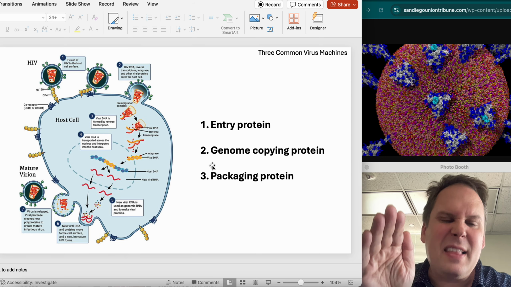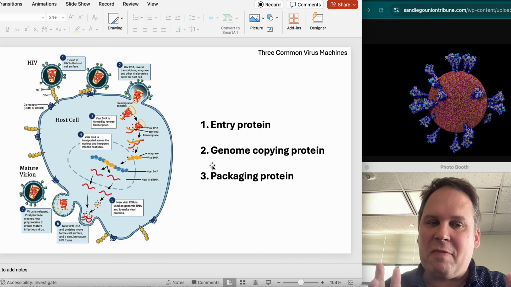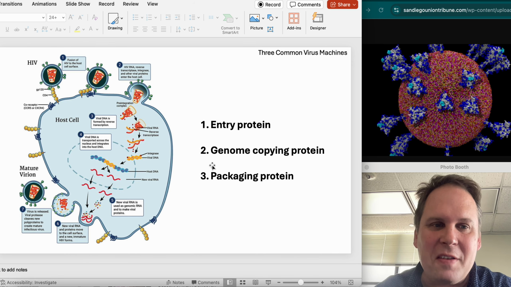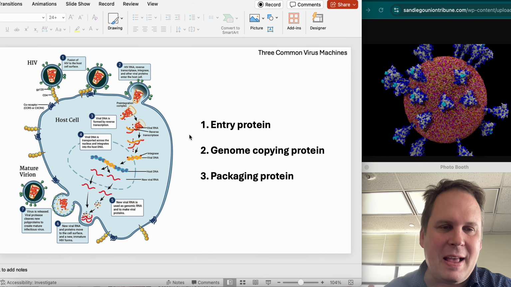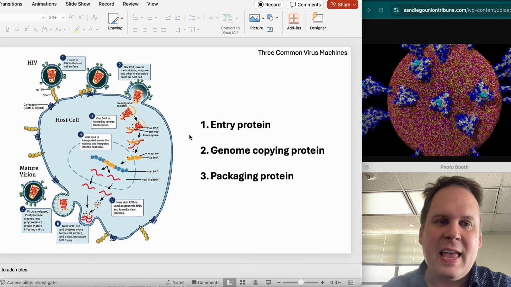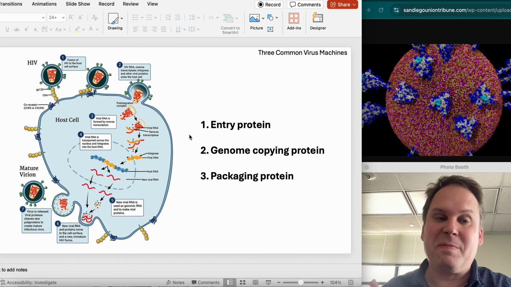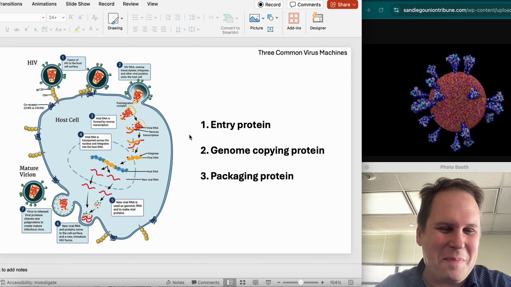For every virus, you're going to be able to look for three things, and they aren't there in every virus, but they're there in enough viruses that it's worth building these mental hooks. There's going to be something to get the virus into the cell, to get the genome across the plasma membrane into the cell. And that's hard. Usually it involves physically punching a little tiny hole in the cell, but in a way that the cell does not burst and die. So, tricky stuff. Viruses are good at their job. Yeah, you're probably good at your job.